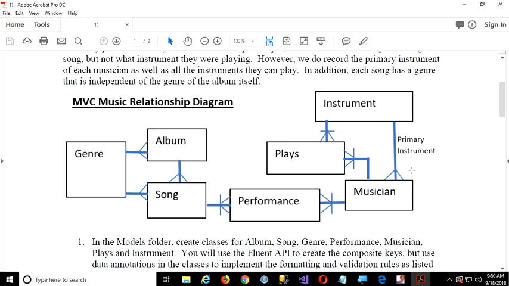Musician and instrument, we have a primary instrument. Okay, so I might be primarily a keyboard player, for example, right? So my foreign key as a musician would probably be the ID of keyboards, right? But I might play other instruments as well, so we have a many-to-many relationship, hence why I took time to make sure you knew how to create a many-to-many relationship. I just called it plays, so a musician plays a number of instruments, right? So that'll be a simple no-load, okay? Intersection table just to record.